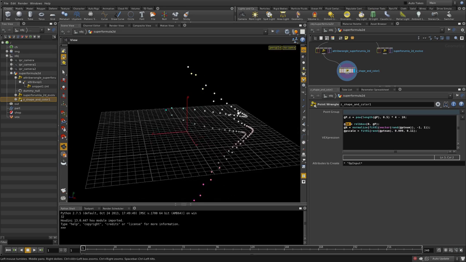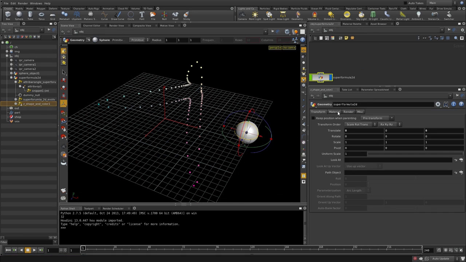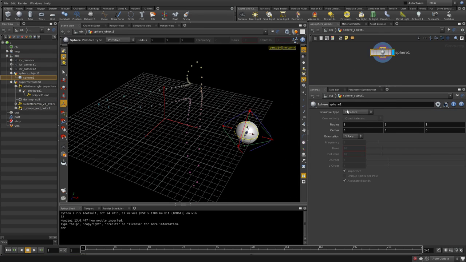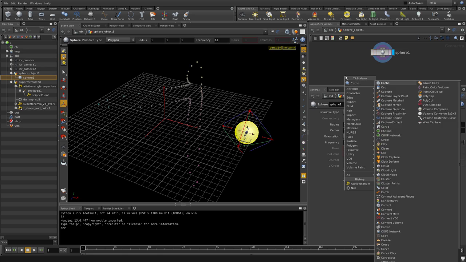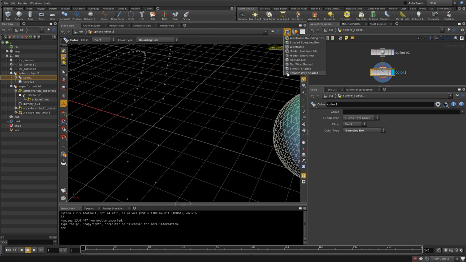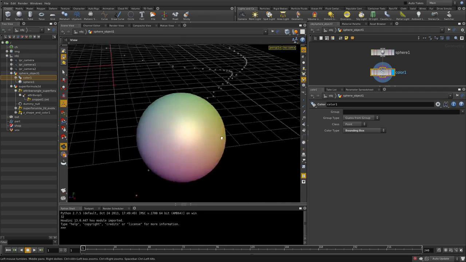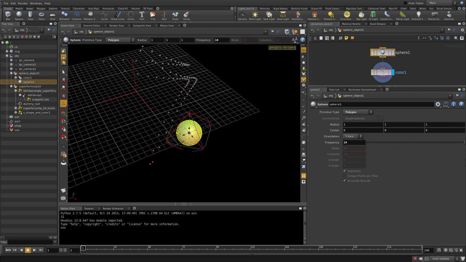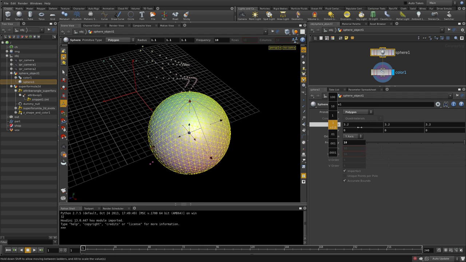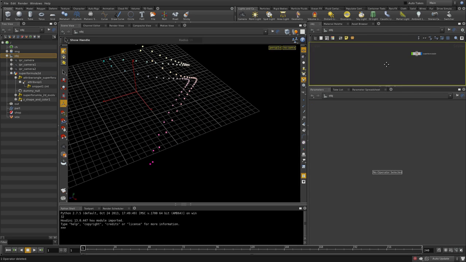If you've played with this, I can throw down a sphere and you'll see it better. So if we had a sphere over here, let's set it to polygon, crank it up, and drop down a color node. If you've ever done this before with the color node, this is kind of equivalent. If you set the color to bounding box, and turn off wireframe, you'll see that the red, green, and blue colors are based on the relative bounding box. So no matter how big I make this sphere, no matter what I do to the radius, the colors are consistent. So it's relative, not absolute value. We just did the same thing